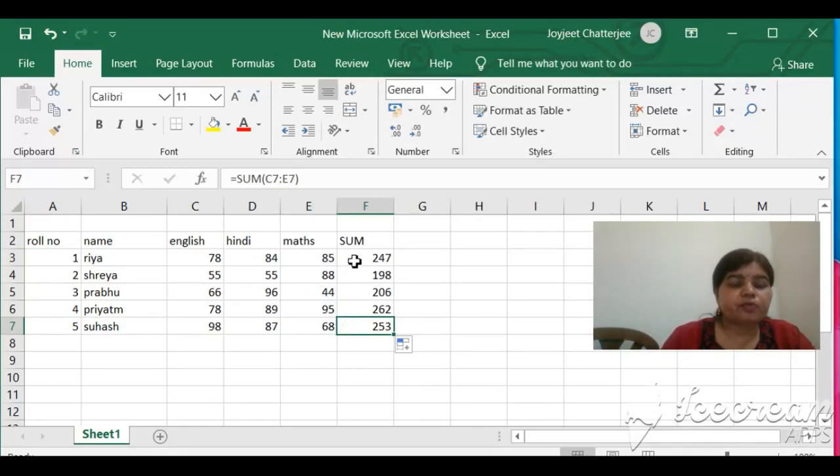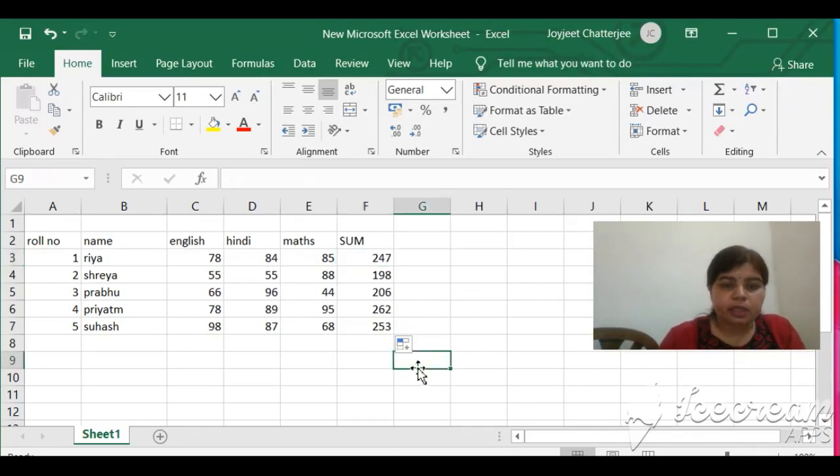When we are using fill handle, that time cell referencing is used. As I explained in the previous part, what cell referencing is, we use it for other calculations. You only have to perform one, and for the others you can use cell referencing by the fill handle option. Okay, thank you.